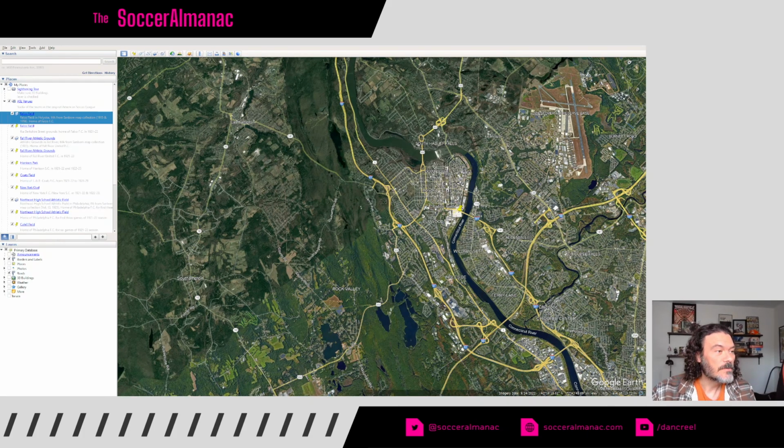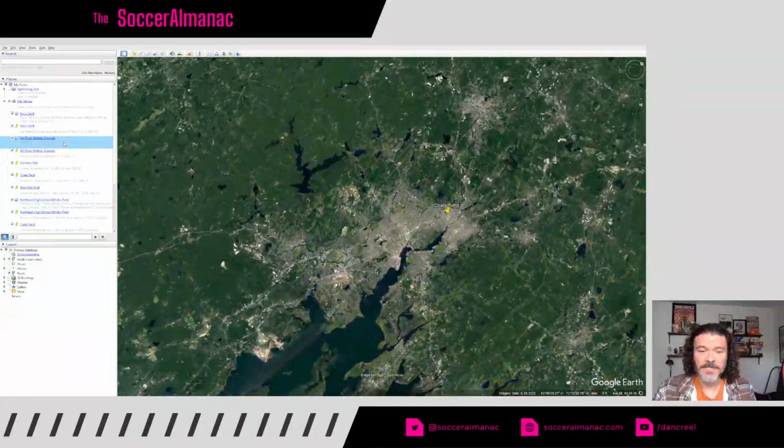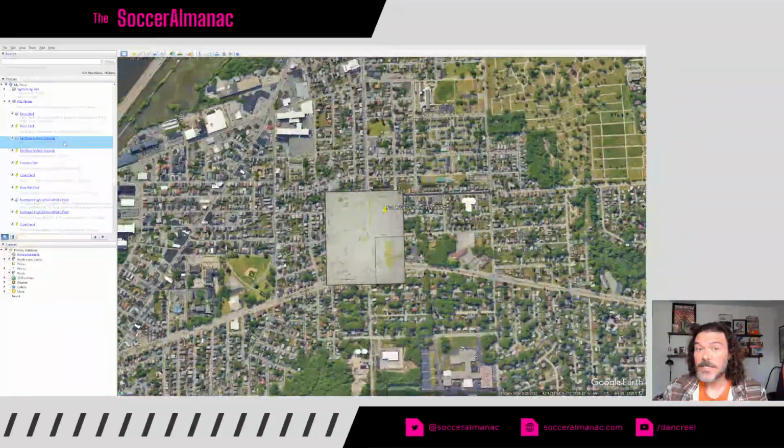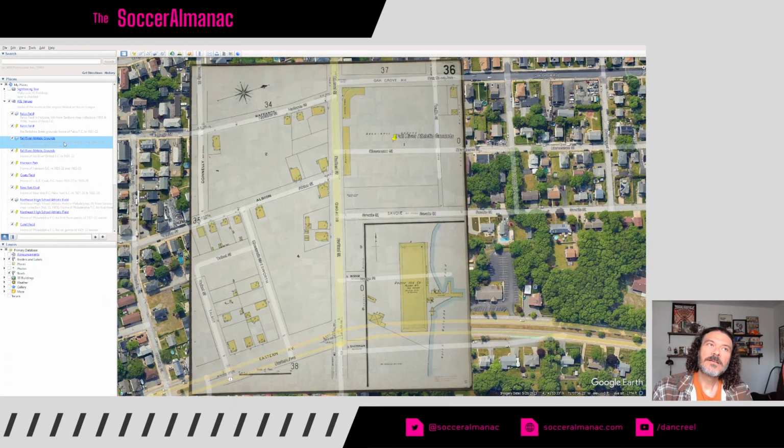Next one, we will move to Fall River Athletic Grounds in Fall River, Massachusetts. This is a super important situation. You may have heard that the first team in the American Soccer League was called the Fall River Rovers. You also may have heard that the first Fall River team in the American Soccer League was the Fall River Marksmen. And you maybe thought, oh, that's the same team. It's kind of not that simple. It's a tiny bit complicated. We'll get to the Marksmen in a second.